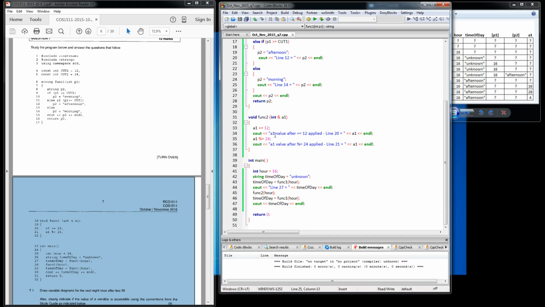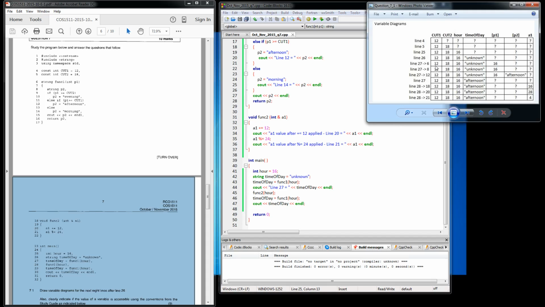Okay, so then the next execution, so those are the first 4 lines. You can see there it results in 4 lines. Then they wanted another 4 lines because they said what are the next 8 lines. So in theory I think I've missed 1 line, but that's easy to get. What it's doing is calling this func2, and it's passing the hour. So if we have a look here at func2, we've got one of those functions where the parameter is being passed,